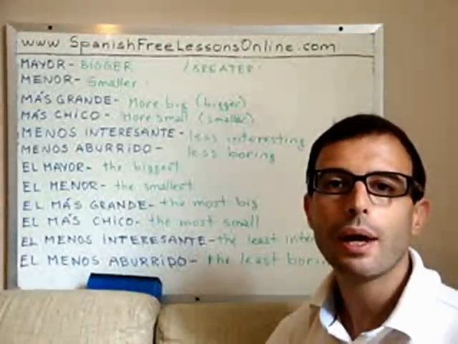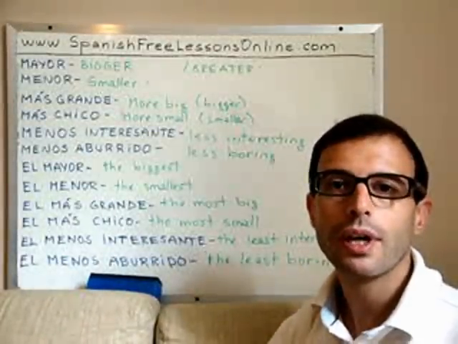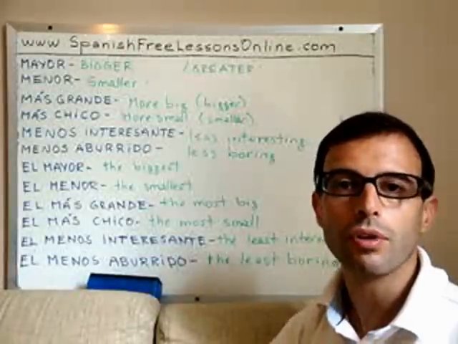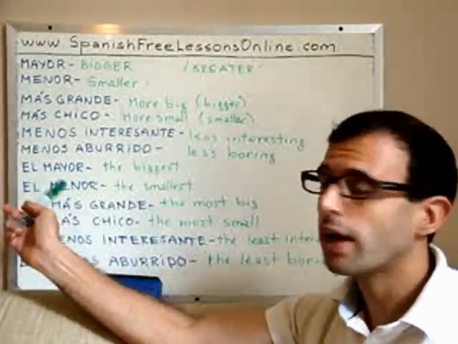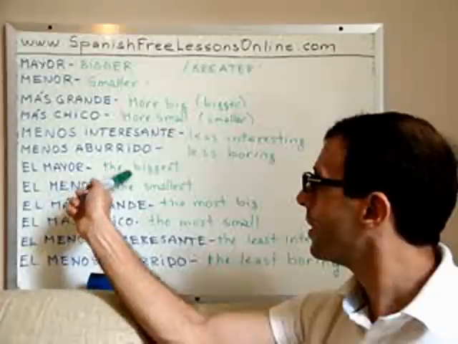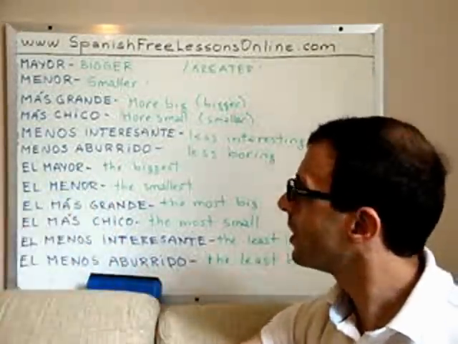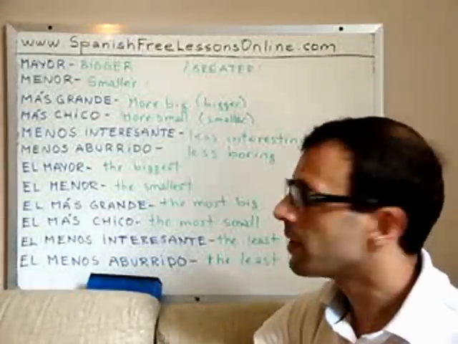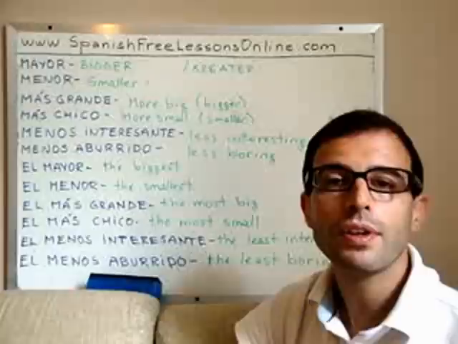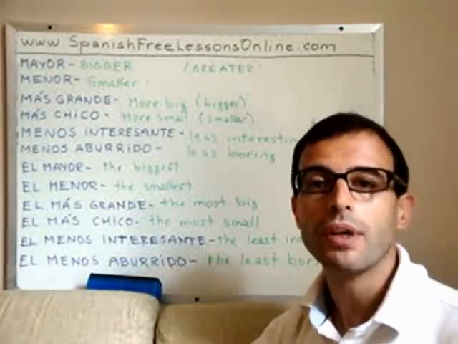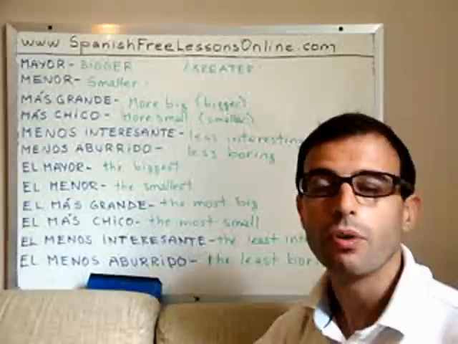So, el mayor or el menor, the biggest, the smallest. However, while English has this universal article that does not change, in Spanish, depending on what is the object that we are saying is the biggest or the smallest or the whatever,